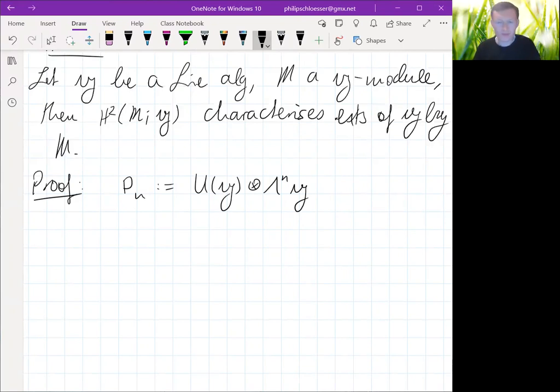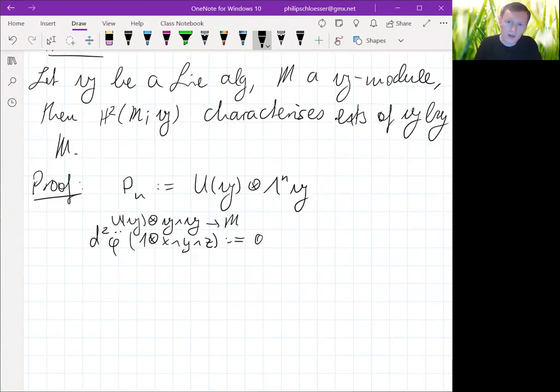And in particular, to describe the transition maps, I guess we just have to describe D2. And what does D2 do? It maps phi, which goes from UG tensor G wedge G to M, and then D2 phi, sorry, we're going to look at what it does with the basis elements. So it takes one tensor X wedge Y wedge Z,